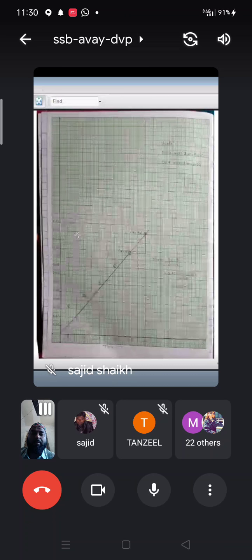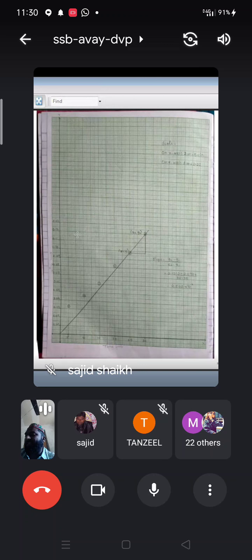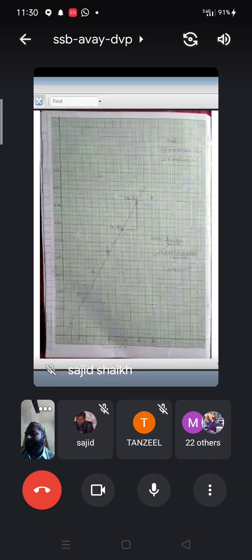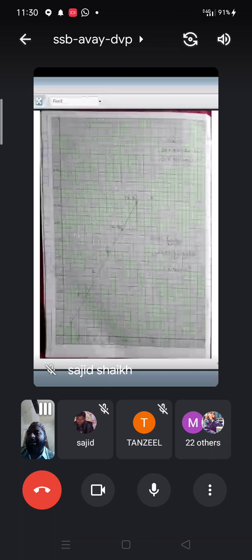Then you have to plot the graph of x upon a minus x versus time. Which graph you have to plot? Log of that particular graph of x upon a minus x versus time, and from the slope you can calculate k equal to slope upon a. Same graph you have to plot for set 2, x upon a minus x versus time. From the slope we have to calculate k equal to slope upon a.